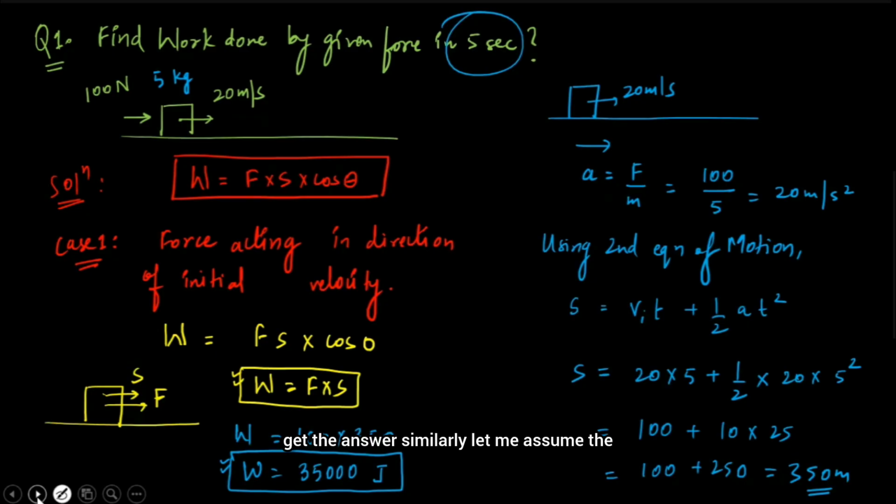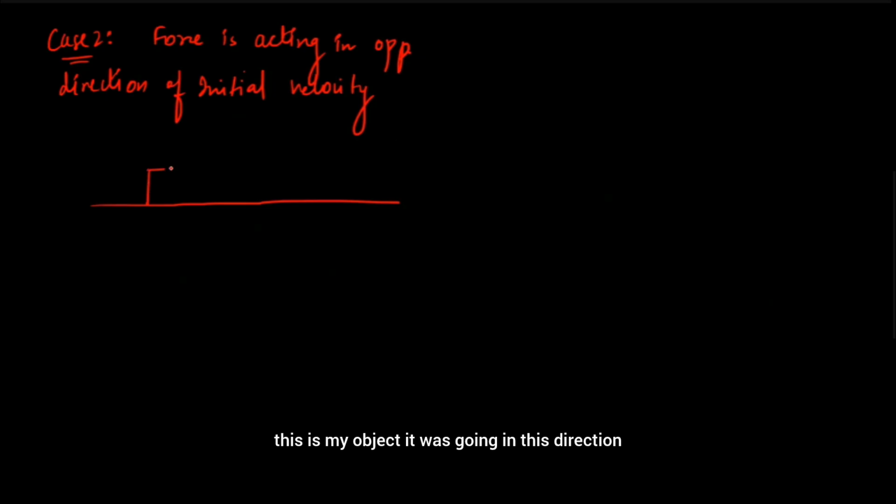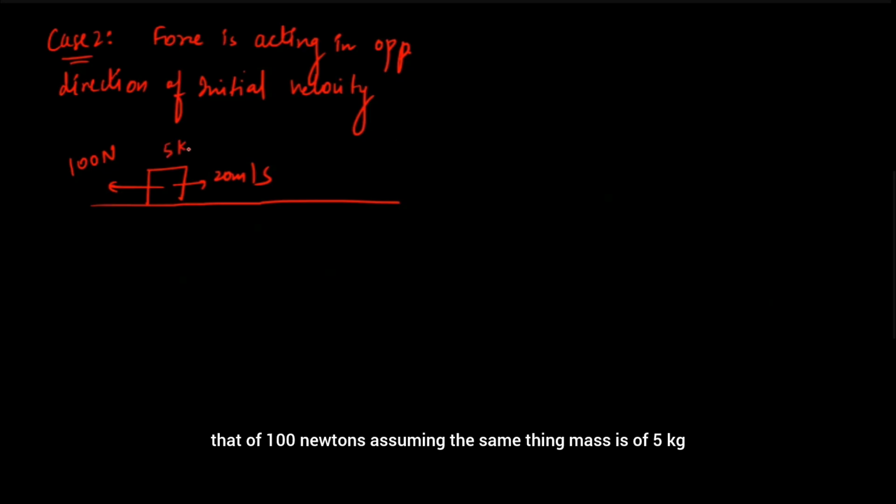Similarly, let me assume case 2. This is an interesting one. In case 2, I assume the force is acting in the opposite direction of the initial velocity. What does it mean? This is my object. It was going in this direction with 20 meters per second. The force we have applied in this direction is 100 newtons,